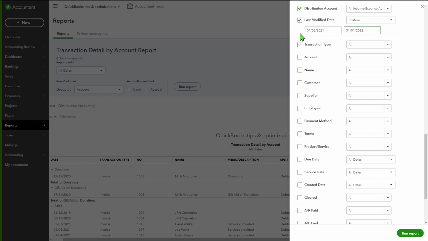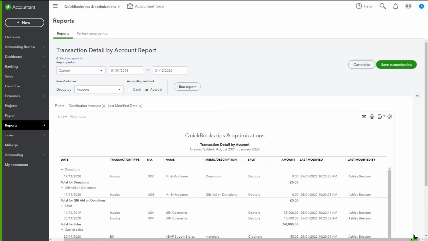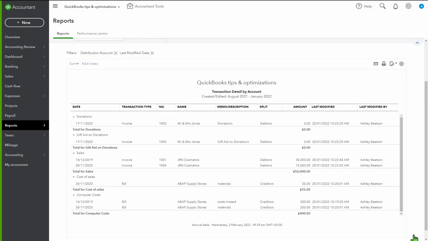So what's happened between those two dates? If I run that report, so that has narrowed that list down considerably. So we can see original entry dates from 2020 and before, when they were changed, which is 2022, and who actually changed them. If I click on any of these entries, so let me just click on this 35,000 for example,